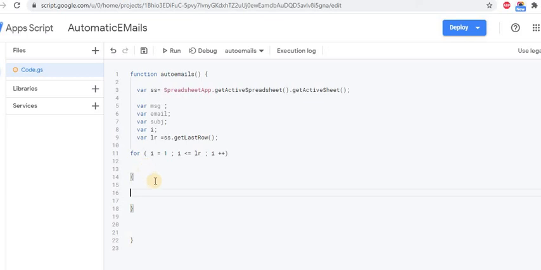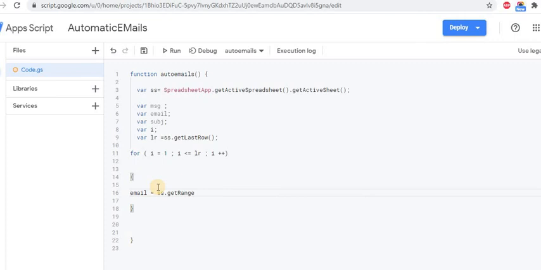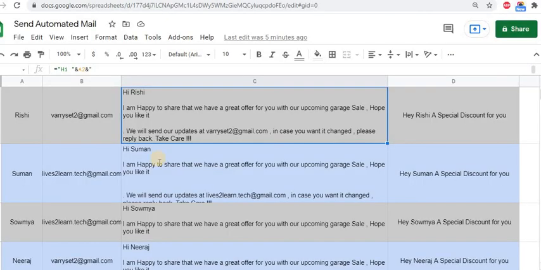Now what I want to do, when it is looping through, is send the mails. For that we need to assign the subject, the message and the email. So let's do that. Now here email equals ss.getRange. It would be i comma, and for email it is column 2.